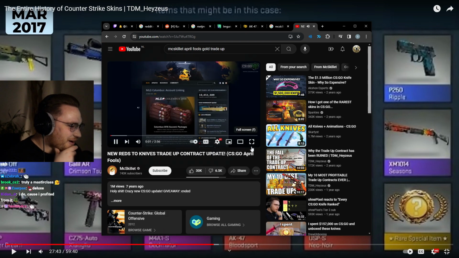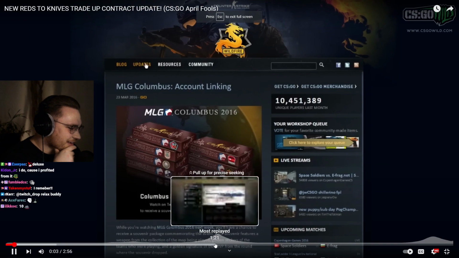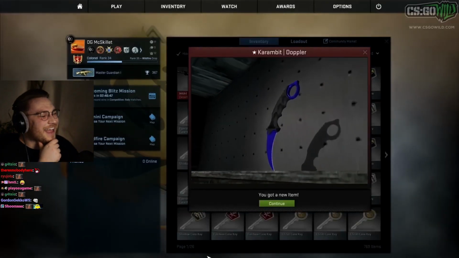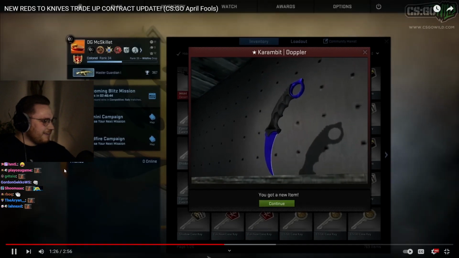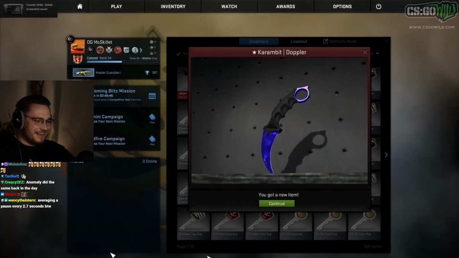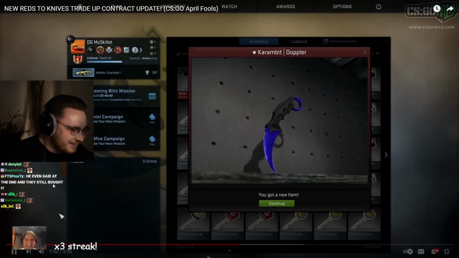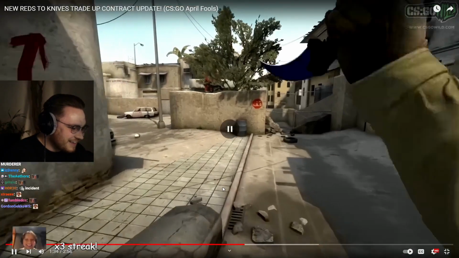Hey, what's going on, guys? Whoa. McSkillet here with another CSGO video. Expensive, not too expensive though. Look at this. Oh my god! What? We just got a Karambit Sapphire from a trade-up contract? No way. What the fuck? Alright, I'm gonna test this out in game. 1 sec, guys. Alright, so here's the...